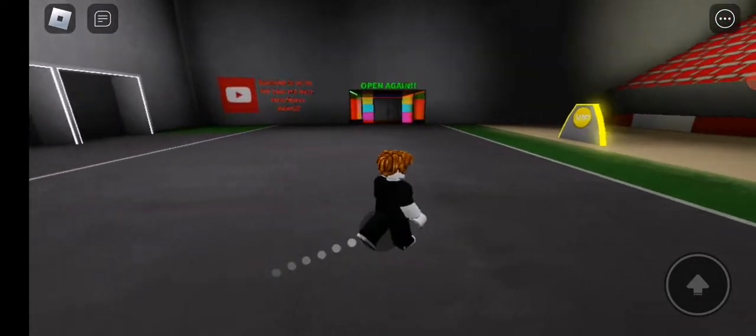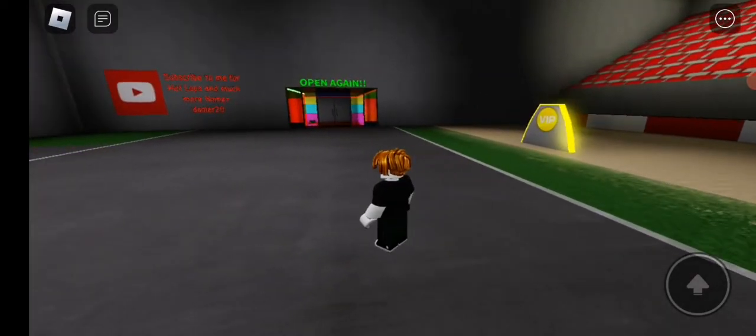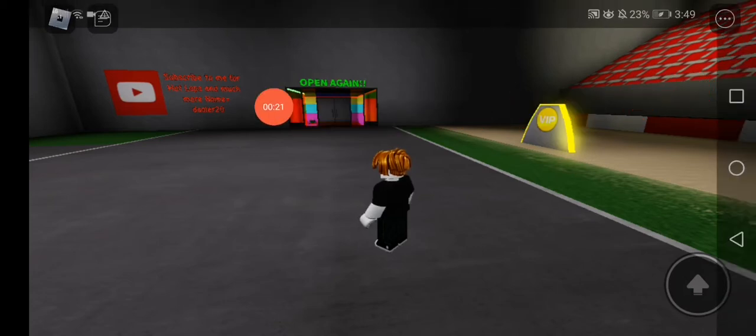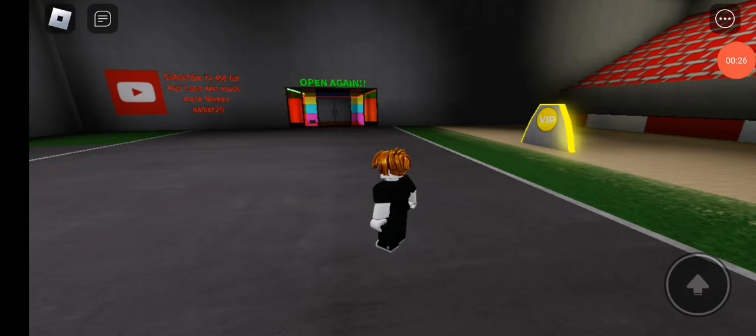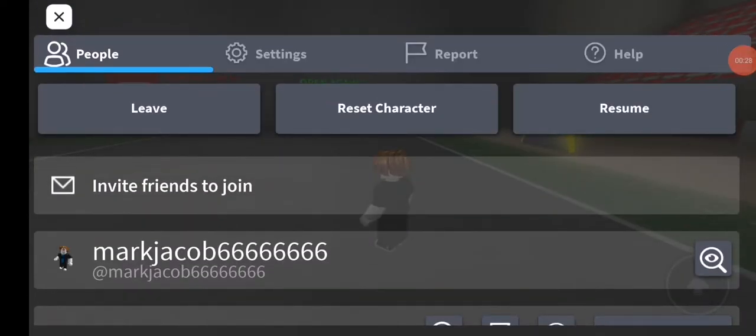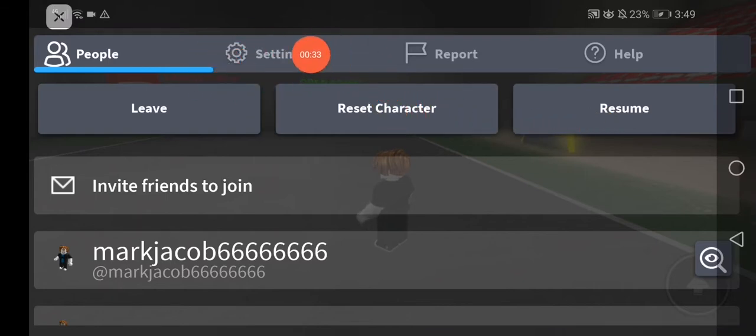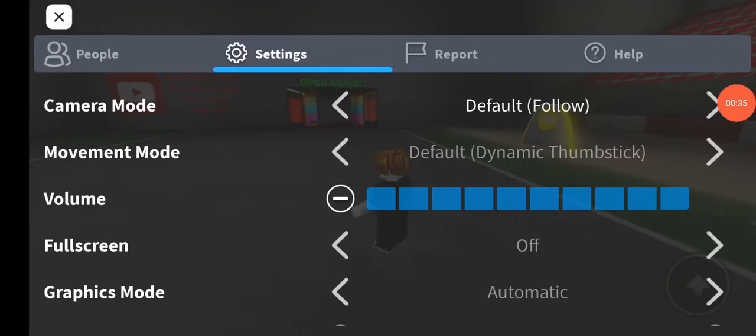As you can see, I'm inside a server right now. Now all what you have to do is go to the top right here and click on this little Roblox logo, and after you click on it, it will take you to this page. Now all what you have to do is just go to the settings right here and click on it,